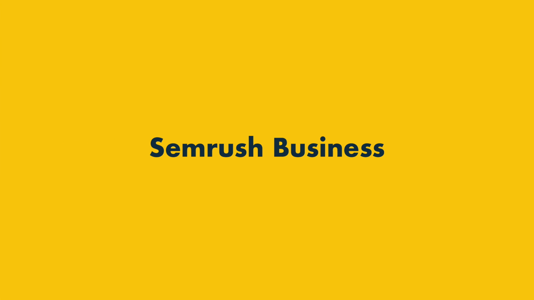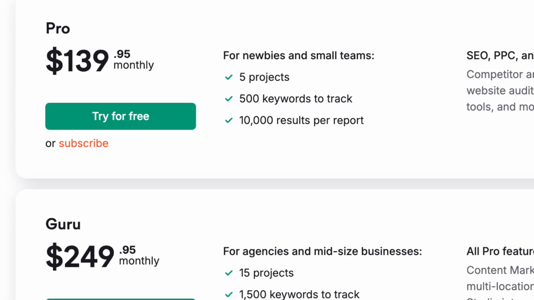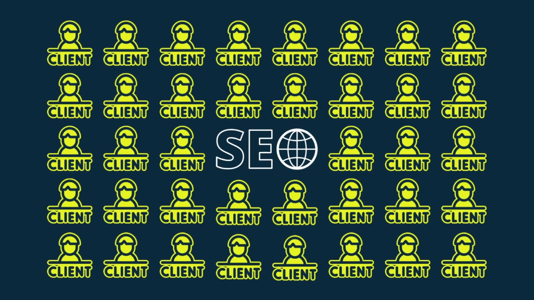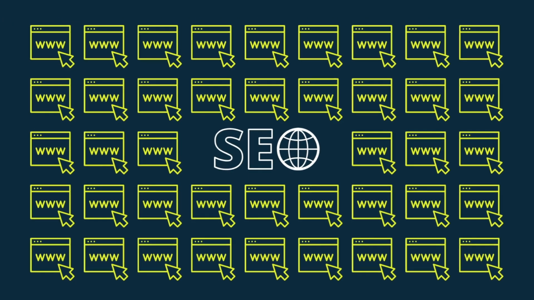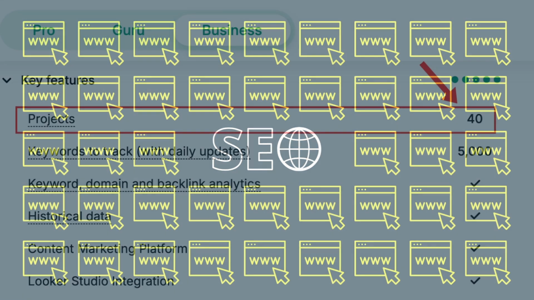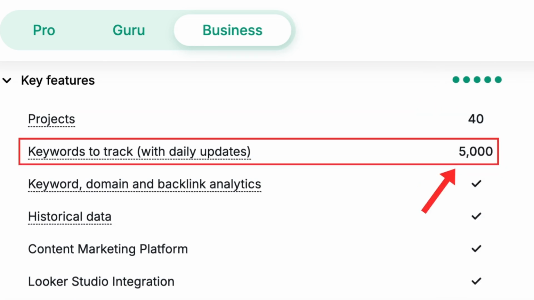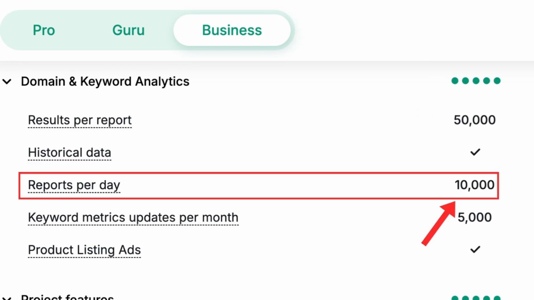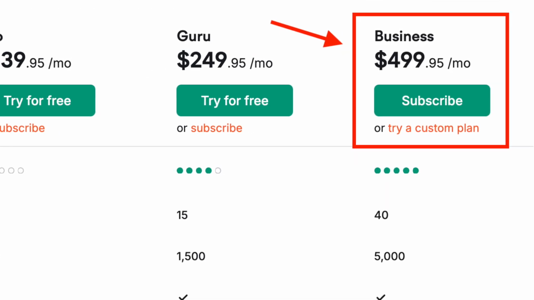Now, let's take a look at the next plan up, Semrush Business. So far, we've looked at Semrush plans that are mainly focused on small business owners. But realistically, if you have a large client roster or you run an agency that manages SEO for a significant number of websites, you're going to be better off with a Semrush Business plan, which lets you work on up to 40 projects at once. It also lets you track up to 5,000 keywords and run 10,000 queries per day, and the number of pages you can crawl per month rises to 1 million. All this comes at a high cost, however,